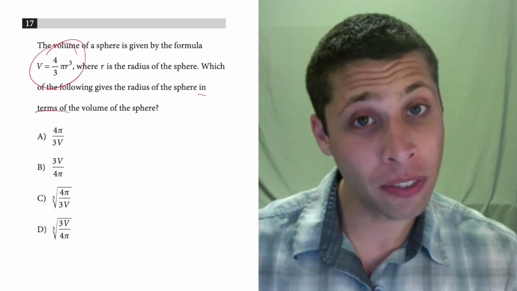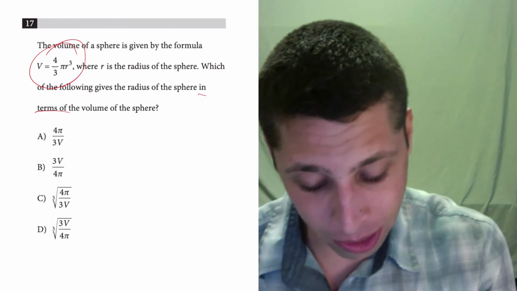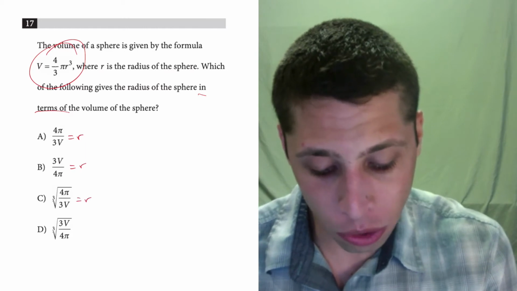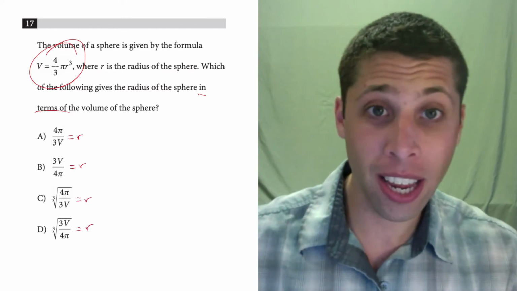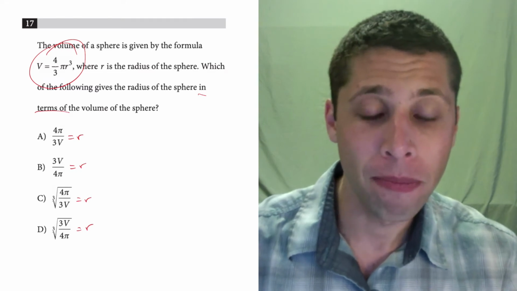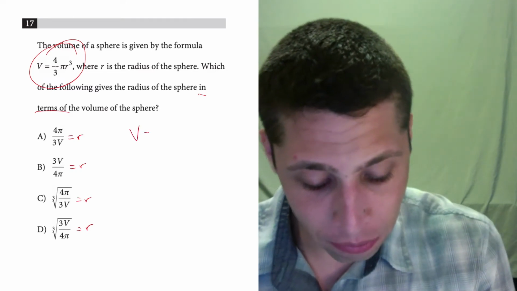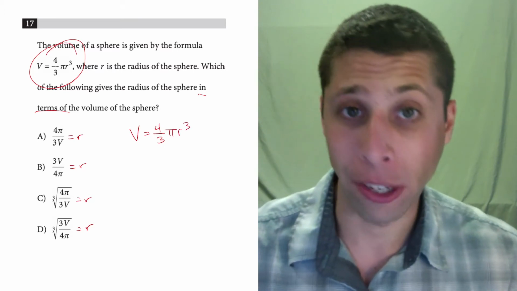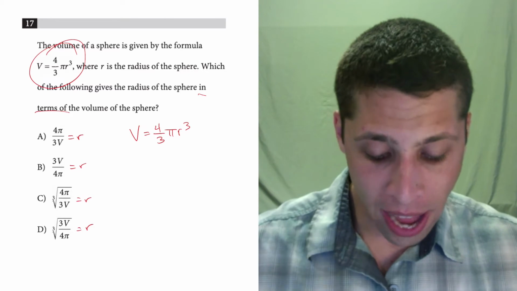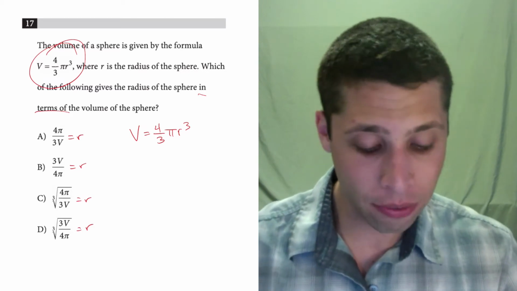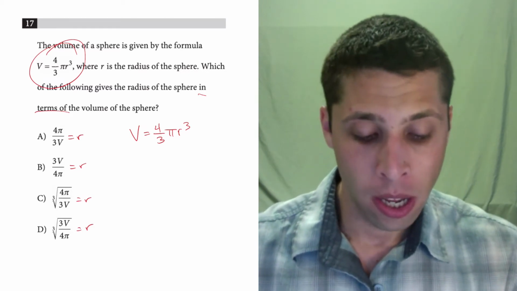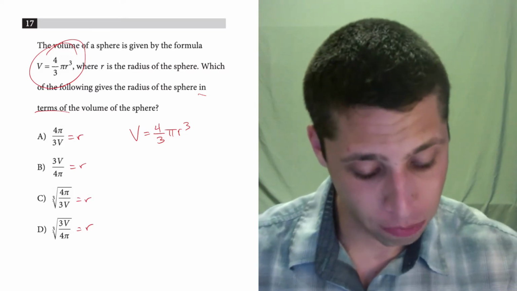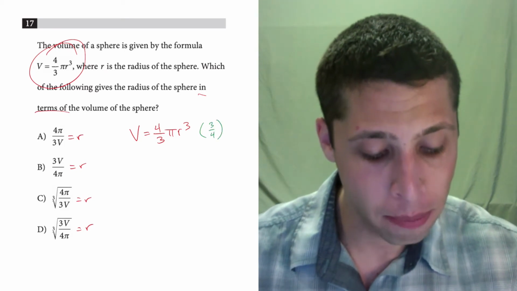So another way to look at each of these answer choices is it's really just R equals, R equals, R equals, R equals. They're really just saying find R by itself. So the first thing we should do is get that formula out of the question and put it on our page. And our task is to move everything away from the R. So there's a lot of ways you can do it. The first thing I notice is I want to get rid of that fraction. So I'm going to multiply both sides by the reciprocal